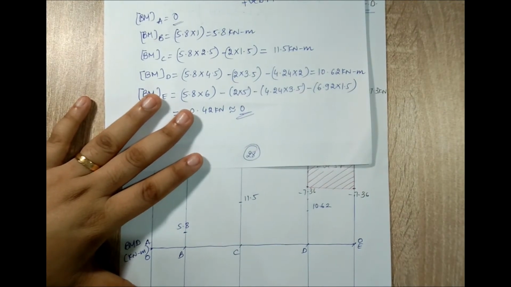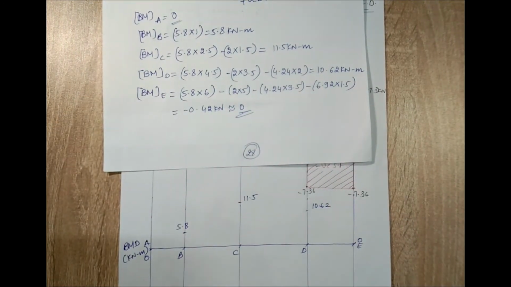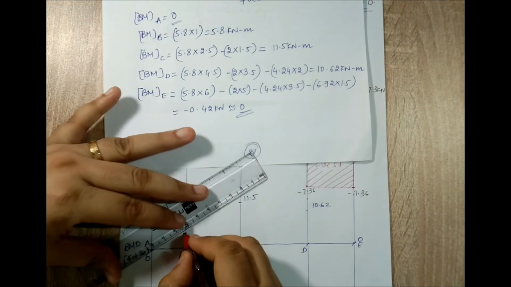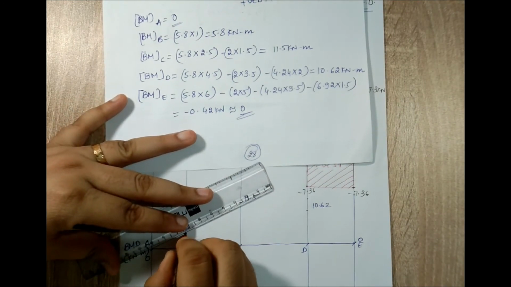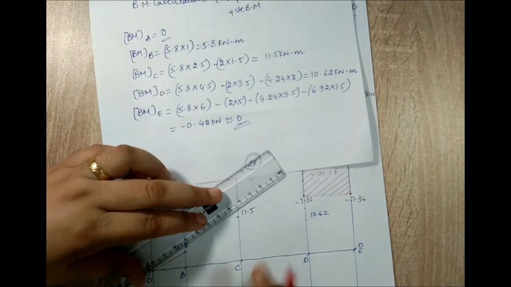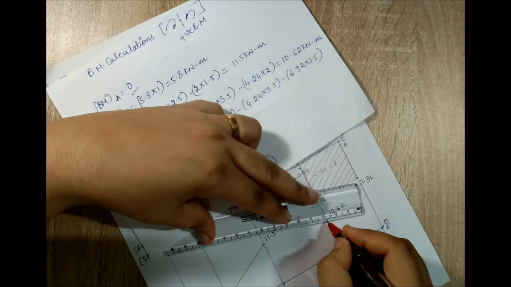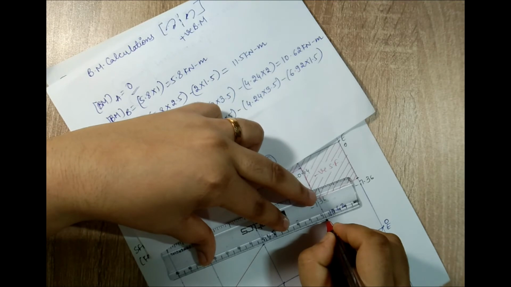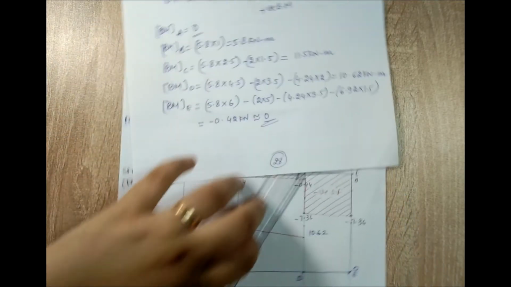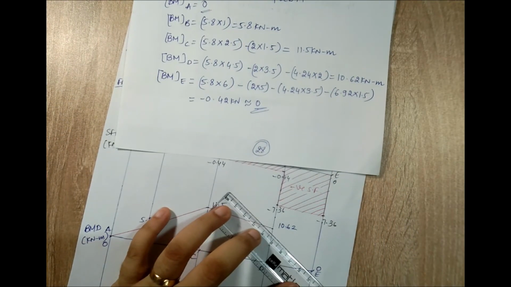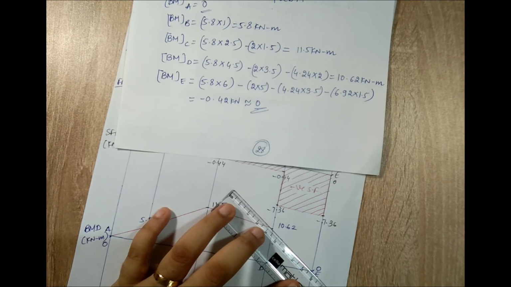So I'll join them with a straight line. You can either draw freehand or you can take a scale. If you draw freehand, it will be actually faster, but it depends. So I'll just join these points with perfect straight lines, or there could be a confusion in the video that these lines are curved, which it is not.